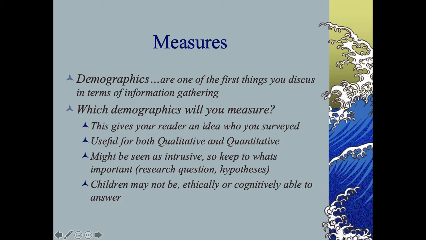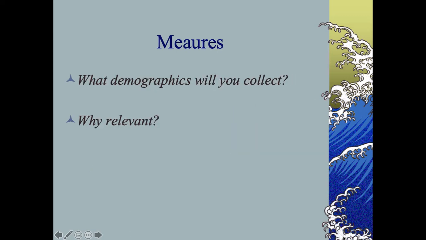Sometimes we have to limit how much we ask for, so we don't identify people. But these are the descriptives of who we got and who we hope to generalize our research to, right? Some people may not be able to answer. Some people have guardianship, so those are things to consider. But what sorts of things do you want to ask them? What kinds of consent do you need to get? So what demographics did you want? What's relevant? Sometimes things like work experience, like I said earlier, is relevant. Sometimes this is more descriptives of who they are, right?